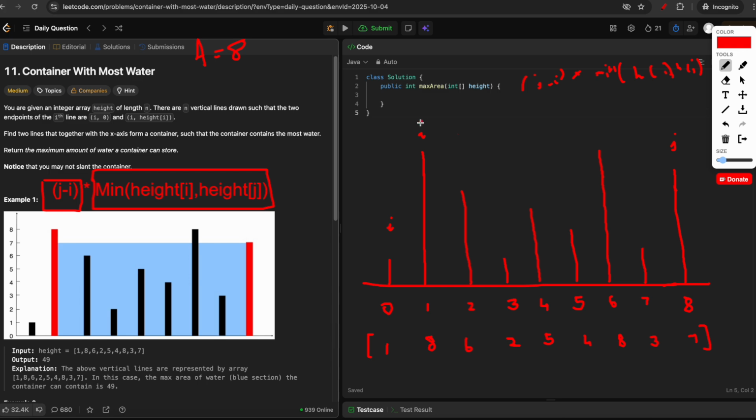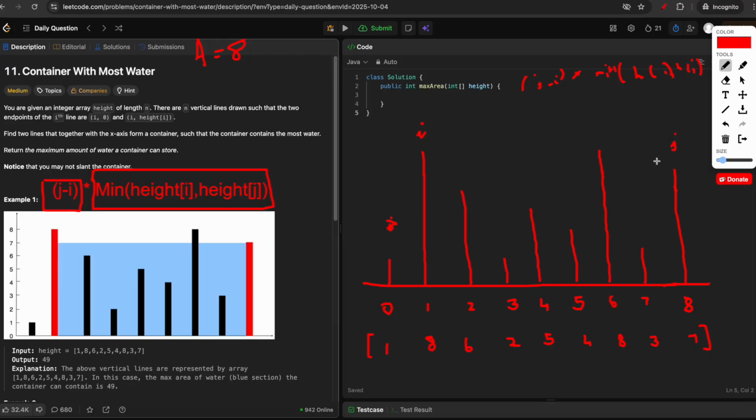So the height will move here. We can also argue that we can move j to the previous element, but since we are trying to maximize the height, we'll first compare which is the smallest height, and that we will move forward in hope that we will find a better height. So in this example, we will move i forward,